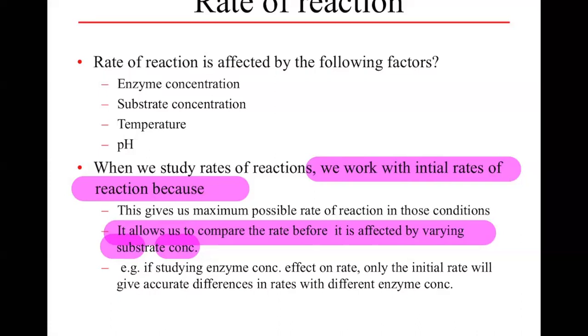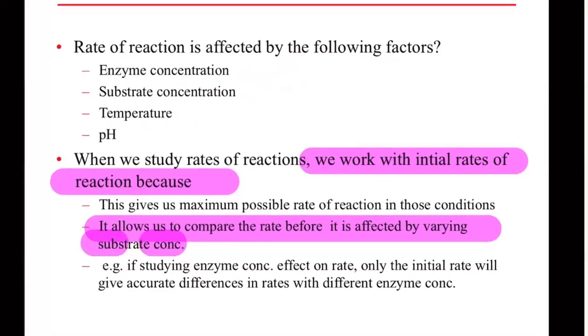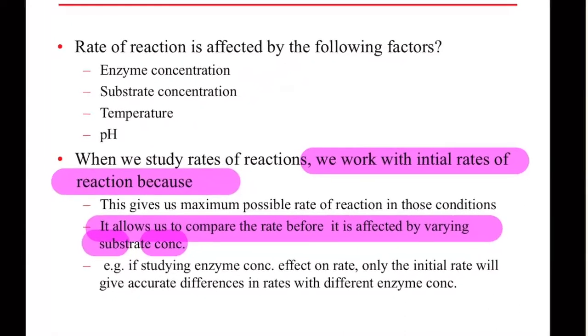role. शुरू में, for example, देखो, शुरू में enzyme concentration भी ideal हो सकती है, substrate concentration भी अच्छी हो सकती है, temperature भी सही हो सकता है, pH भी सही हो सकता है, but then as the time is passing, the substrate concentration will reduce. हो सकता है हमारे पास एक बहुत ही fixed concentration हो enzyme की, तो वो enzymes खत्म हो सकते हैं, right? So that's why we always, when we study rates of reaction, we work with initial rates of reaction because